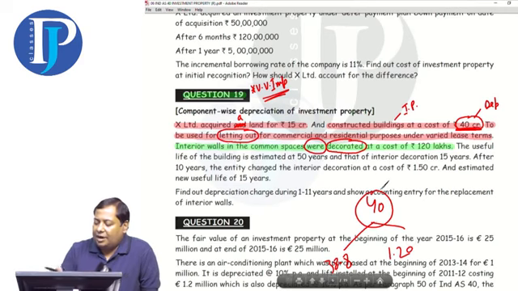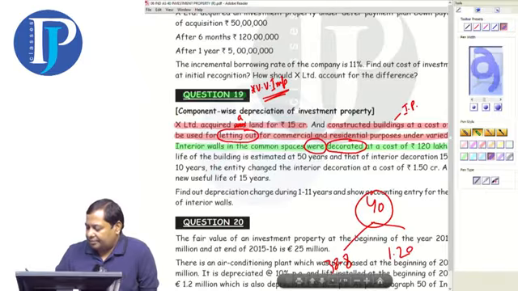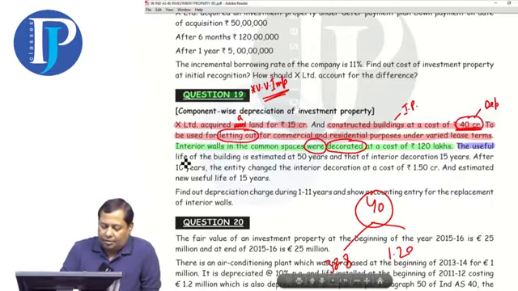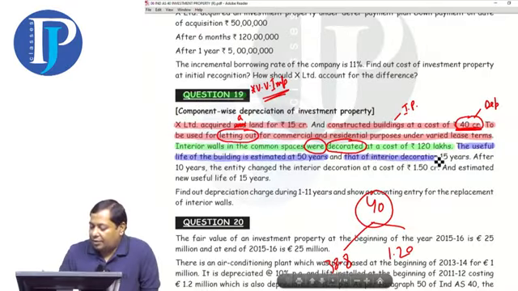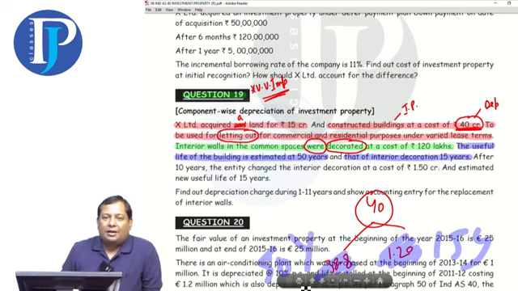The land was acquired and the building was constructed. The walls were decorated. All this is in the past. We are discussing it now. I didn't do anything. That's all old news. Let's read more. The useful life of the building is estimated to be 50 years. Building's life is 50 years. That of the interior decoration is 15 years. This has a 15 years life, while this has a 50 years lifespan. When they both have different lives, you will have to follow component-based accounting. Otherwise, you can't calculate depreciation.